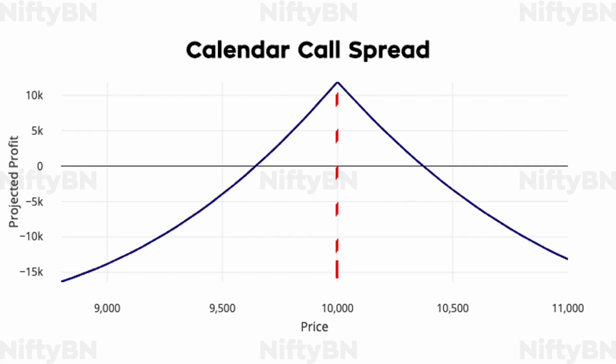Now let's look at the risk graph of the calendar call spread. It is evident that while it is a neutral to bullish strategy, if the underlying rises significantly, it could harm the position. So a range bound to slightly bullish movement is what is beneficial to the position. Maximum profit is achieved when the underlying on expiration date is trading right at the strike price, where the strategy has been initiated, which is 10,000 in our case.